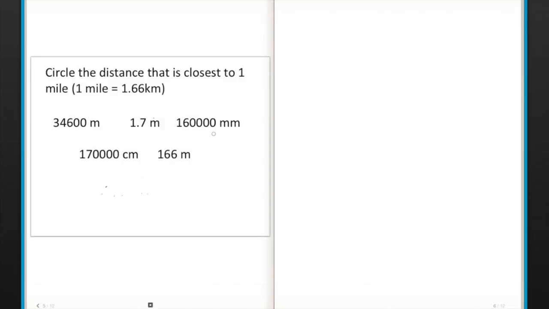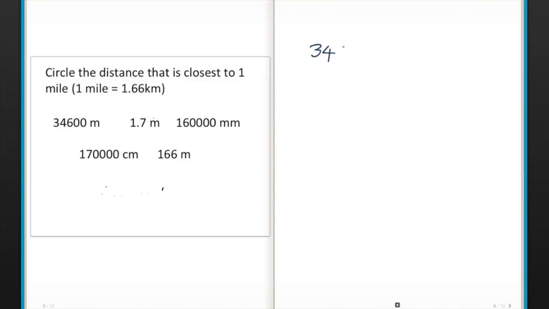Okay, circle the distance that is closest to 1 mile, and 1 mile we're told is 1.66 kilometres. What I'm going to do is turn everything into kilometres and then we'll see which is closest to 1.66. So starting with this,